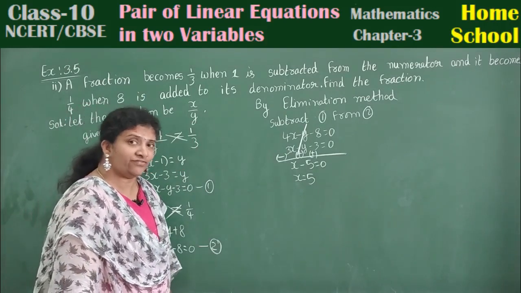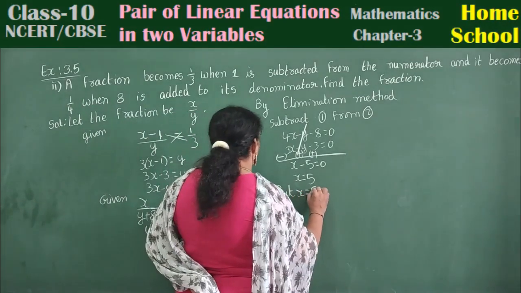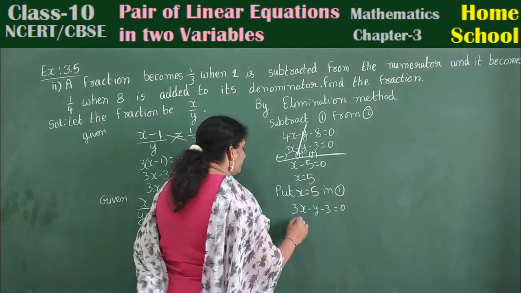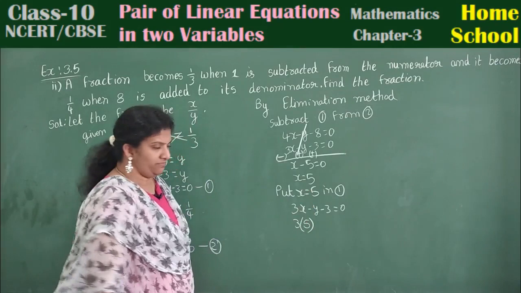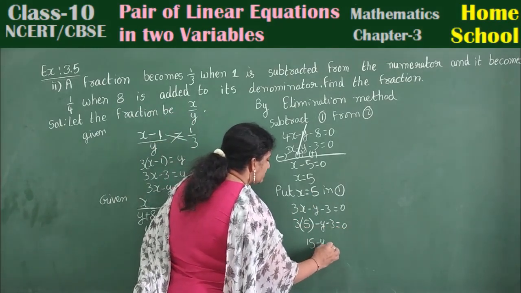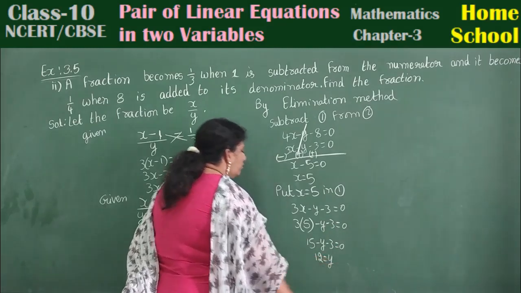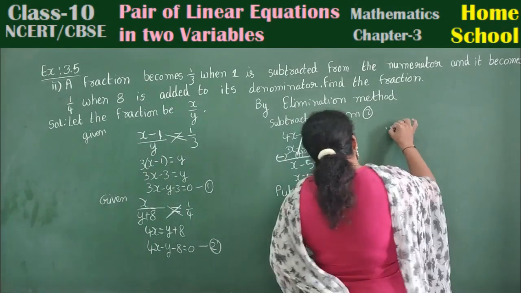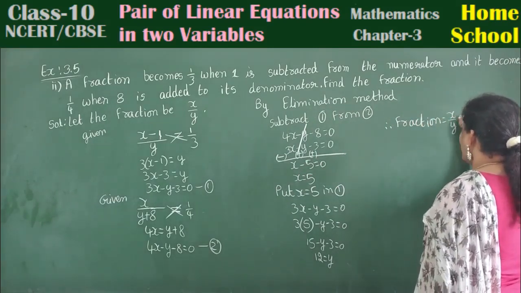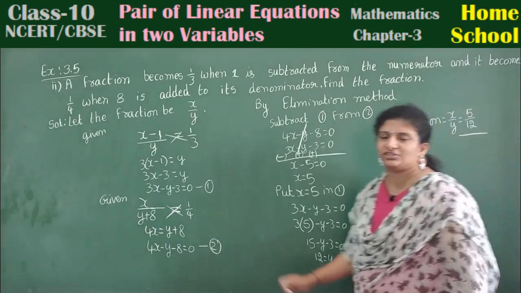We need to find one more value to get the fraction. This x value, substitute. Put x is equal to 5 in 3x minus y minus 3 equal to 0. 3 into, wherever you have x, substitute 5. 3 into 5 minus y minus 3 equal to 0. 3 5s are 15 minus y minus 3 equal to 0. Minus y send other side. 15 minus 3, 12 is equal to y. Okay. Therefore, we got x and y values. Therefore, the fraction is equal to x by y, that is equal to 5 by 12 is the required fraction for this verbal